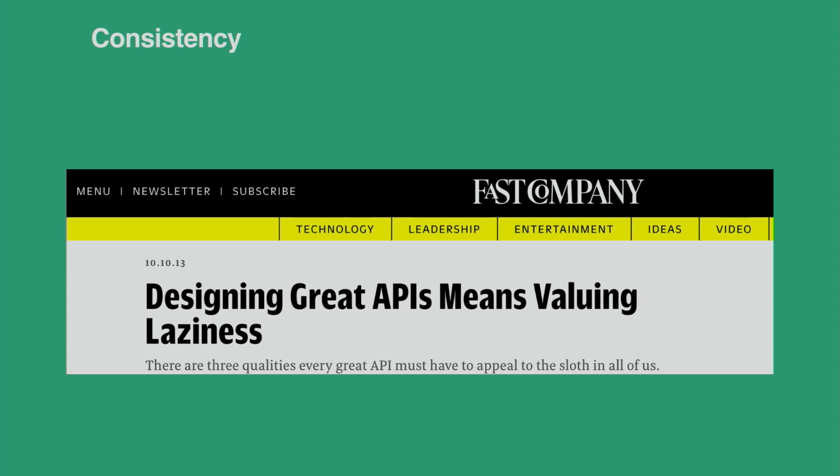Kevin Lacker, who was the CTO of Parse, where I worked a few years ago, had a great talk when he talked about what developers really want out of an API. And one of the things that made for a hilarious Fast Company headline was that developers want to be enabled to be lazy. Consistency means that if you don't know the name of an API, you can probably guess at it, because there's some sort of consistency in naming conventions, in where things are inside your data model, that people can figure out how to use it without being explicitly told, maybe even without reading your docs.